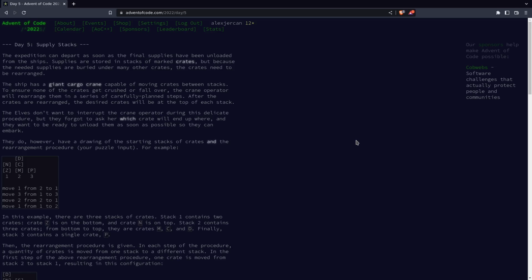They will give it, like, I guess an old computer with paper input, and this crane will just move the crates from the ships onto the camp. And so I guess our job is to simulate how the sequence of moves that the elves prepared will work, and to validate that it works we have to provide them the crate identifiers that will be on the top of each stack. So our input will be the initial stacks from the ships and the camp,